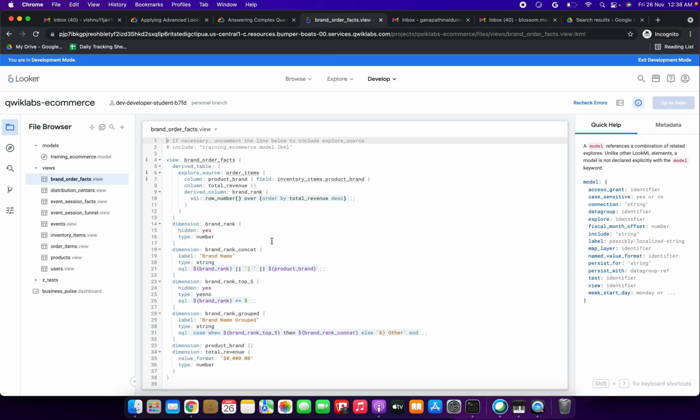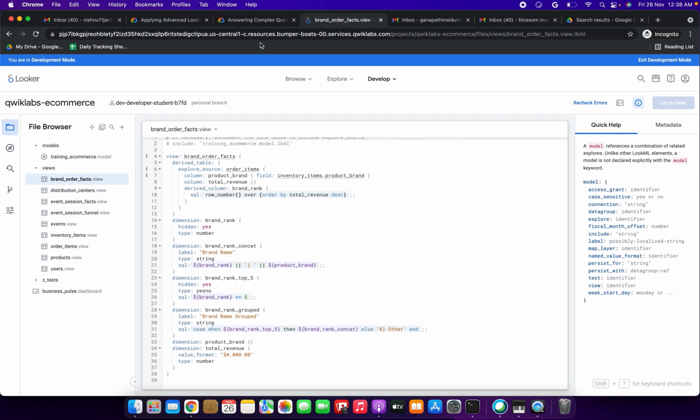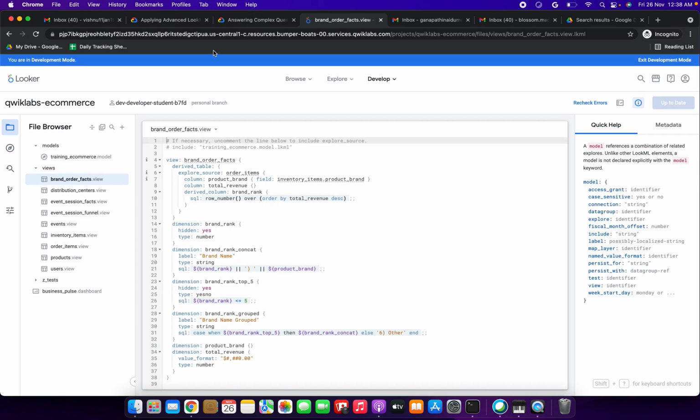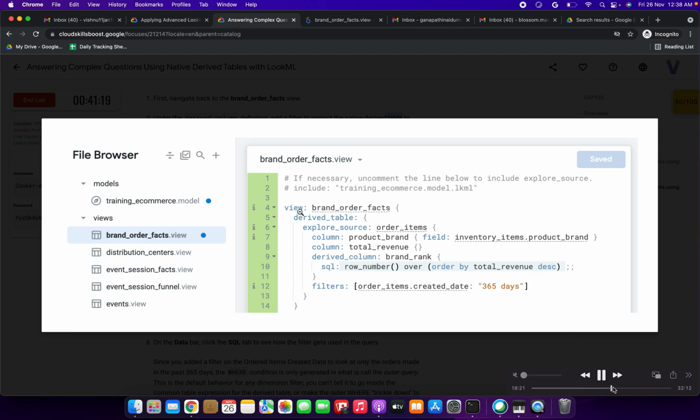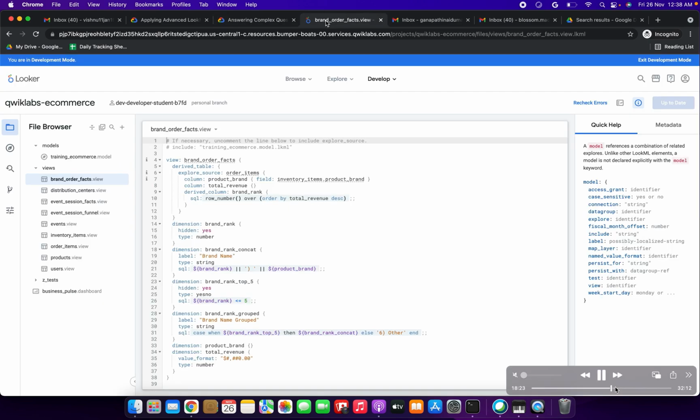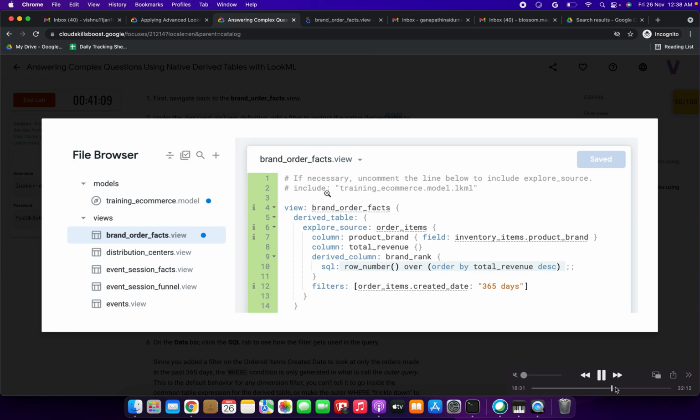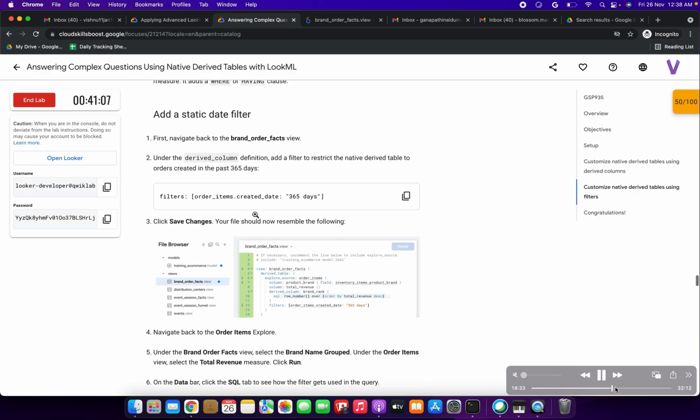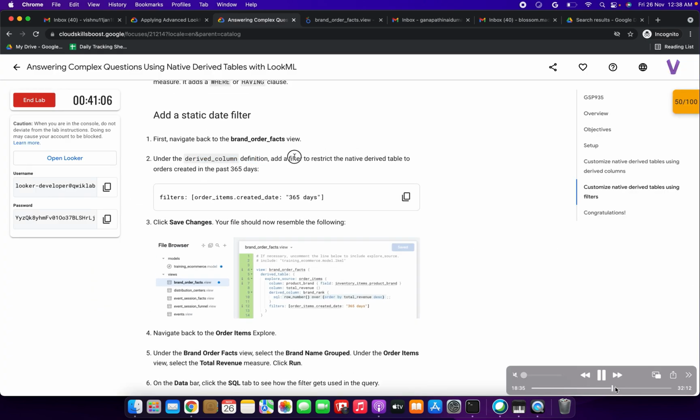Brand order facts view. So here we need to do some changes. What are the changes? We need to copy that filters, right? After that we need to update the SQL row number, line number 12. Line number 12 we need to update the filters, order items created date 365 days.